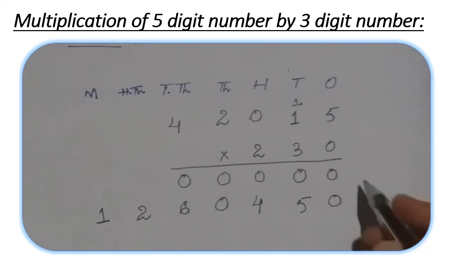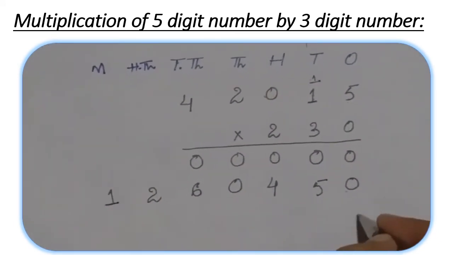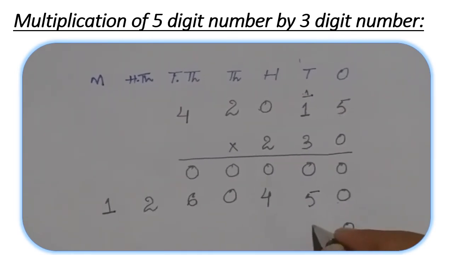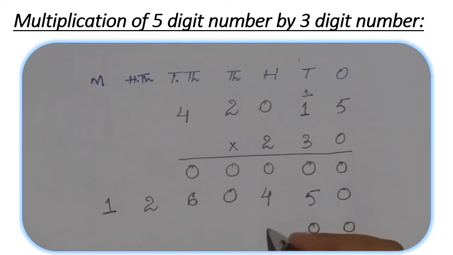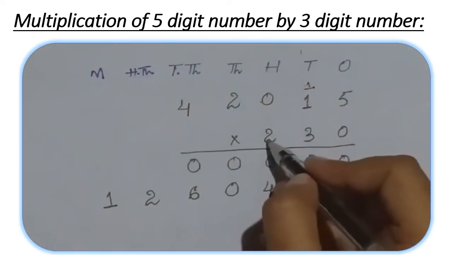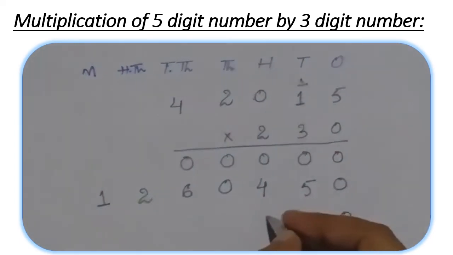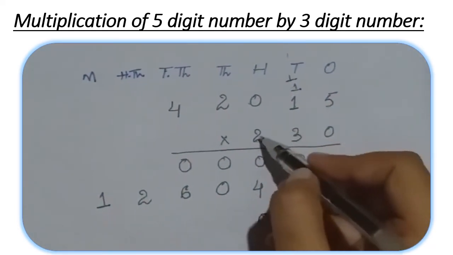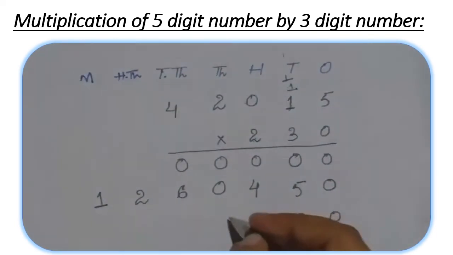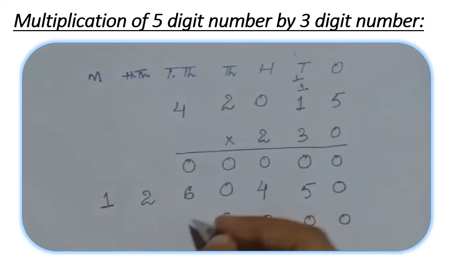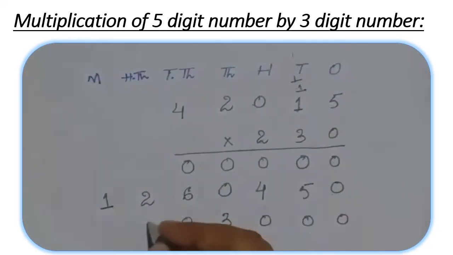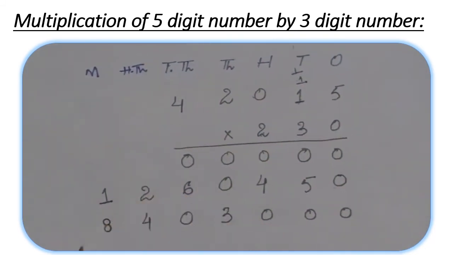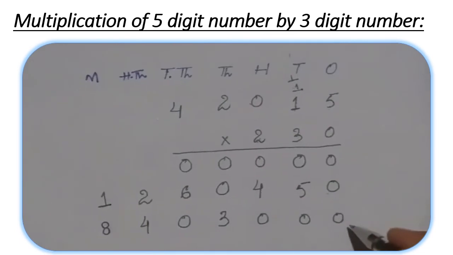Now let's move towards the third step. In the third step, we will place 2 zeros, 1 in the ones column and the second in the tens column, and we will start writing from the hundreds column. Now let's start. 2 5s are 10, so 0 here, 1 will be the carry. 2 1s are 2 and 2 plus 1, 3. 2 zeros are 0, 2 twos are 4 and 2 fours are 8. We have done step 1, step 2, step 3.